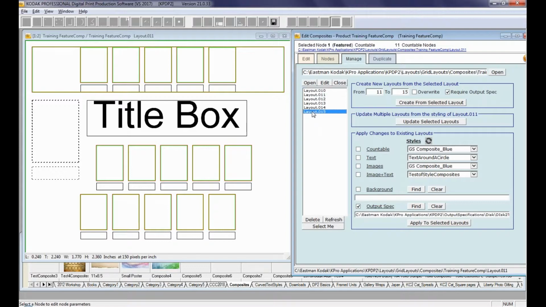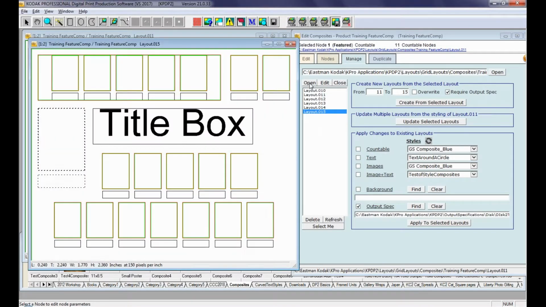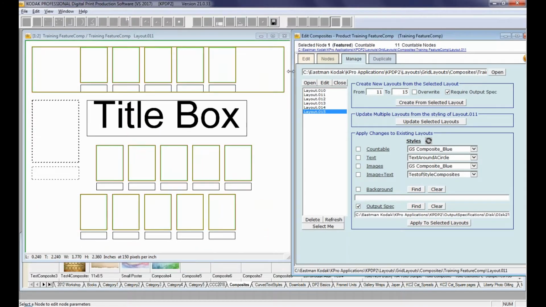I'm going to go back to 15. I'm going to open it just 10% so I can take a look at it, which is where I made these changes. I'm going to close it because I didn't do anything to it, but I'm going to overwrite 12, 13, and 14 based on the changes I made on 15. I didn't take a look at 11, but I will in a minute. Or not. But I'm going to overwrite 12 and 14